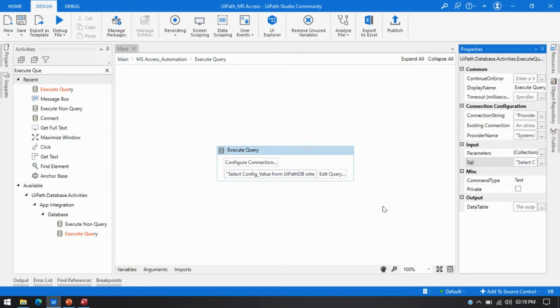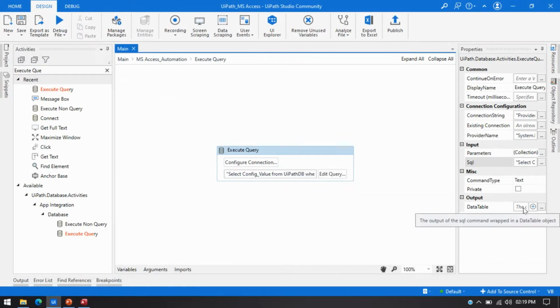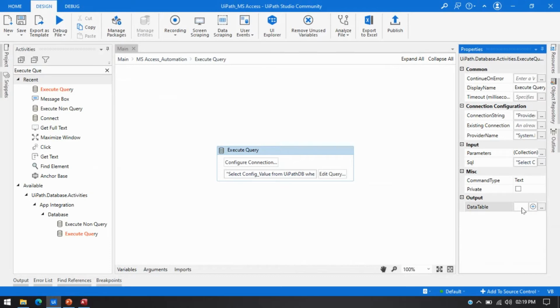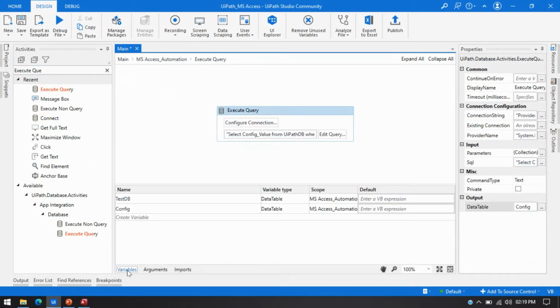This is done. Now it will give you the data in a data table. So I'm going to create one variable, a data table here. I can take this config. I already have one config data table created here.